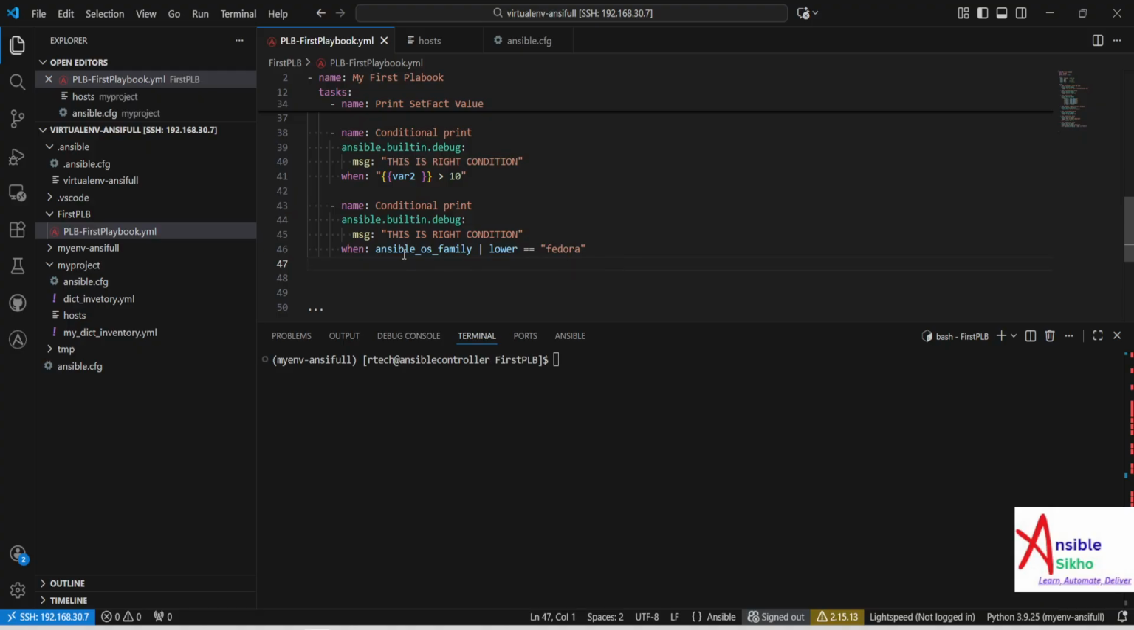So here we are going to write one more when condition, wherein we are going to see printing based on the OS family, as we have seen in our previous video regarding setup and set facts. So all the facts will have VM related or OS related details. There we find ansible_os_family. So here we are going to see whether